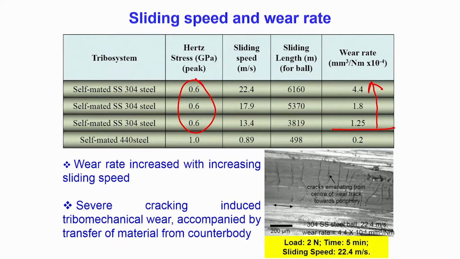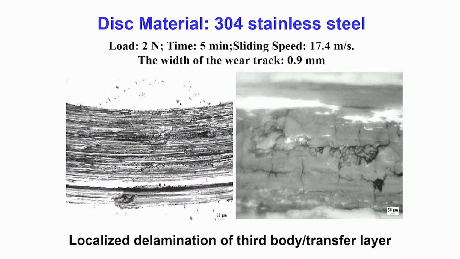At the fairly initial lectures of this NPTEL course, I have mentioned that coefficient of friction and wear resistance are not directly correlated. What I made very categorically clear at that point of time is that a tribocouple may experience low coefficient of friction, but the same tribocouple can experience high wear rate. Similarly, a tribocouple may experience extremely high coefficient of friction, but under identical conditions can experience low wear rate. So, it is not directly correlated.